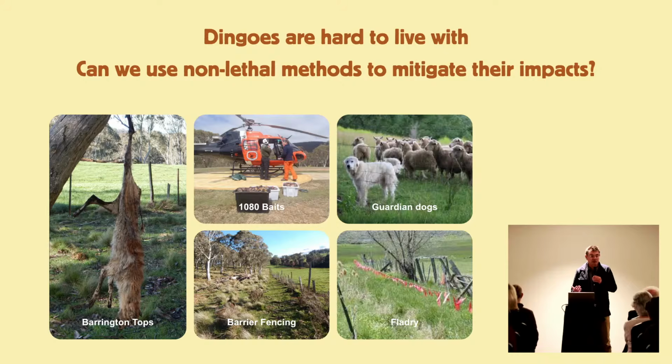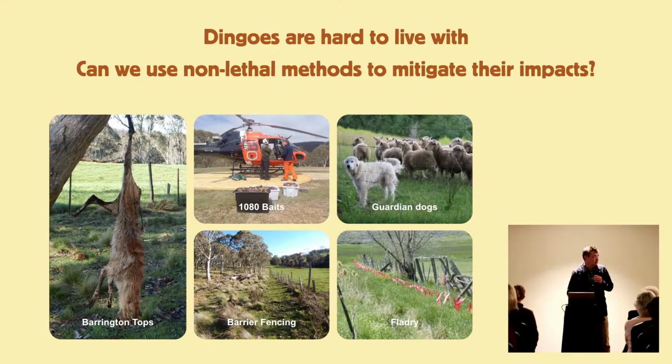I think we need to work really, really hard to try and find other methods so that we can hopefully have the dingoes in the national parks, and well, not so many dingoes out of the national parks, because what's happening in New South Wales is they're getting rid of the dingoes in the national parks as well. So there are methods. People trap them, and if you travel around in New South Wales, the most likely way you'll see a dingo is like this, hanging off a tree.